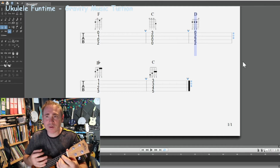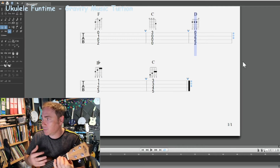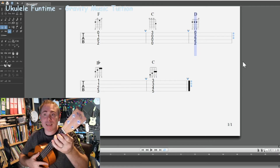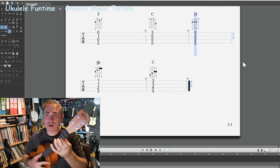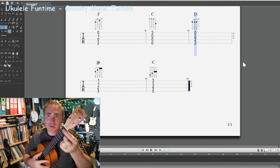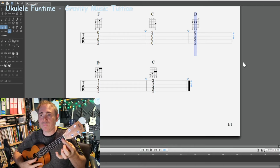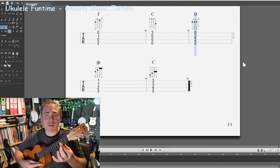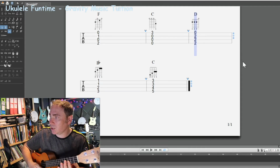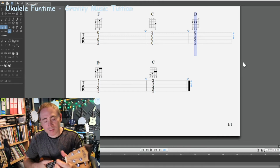So you've got G chord, 1, 2, 3, 4, and then moving into that B flat, and you're going to do that for 1, 2, 3, 4, and then a C. So a C, you've got the B flat, slide it along 2 frets. That's all we're doing with this easy version: G, first finger, that's a B flat, slide it along 2. So it goes like this: G, B flat, and then move it along to C. And that's what you're aiming for to start with. It's easier when we're doing it together and we do the play along, you better see that in motion. If you can practice that